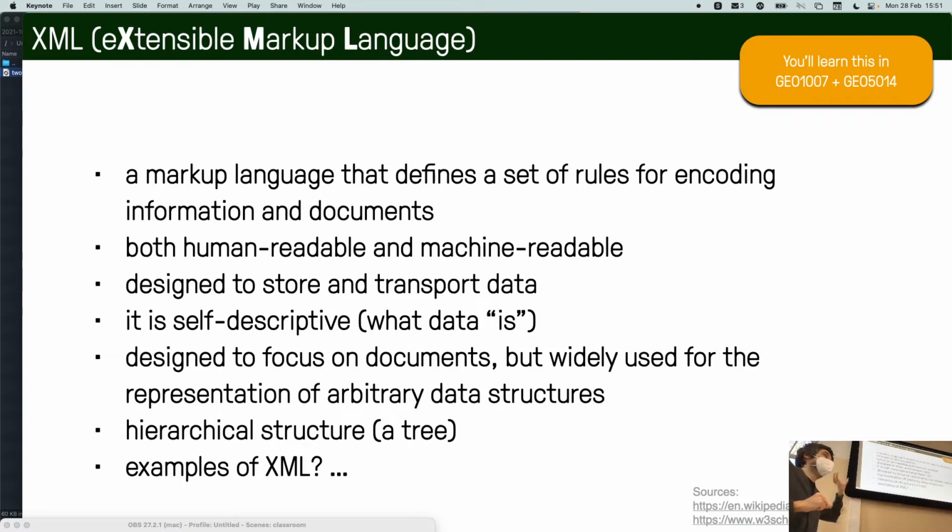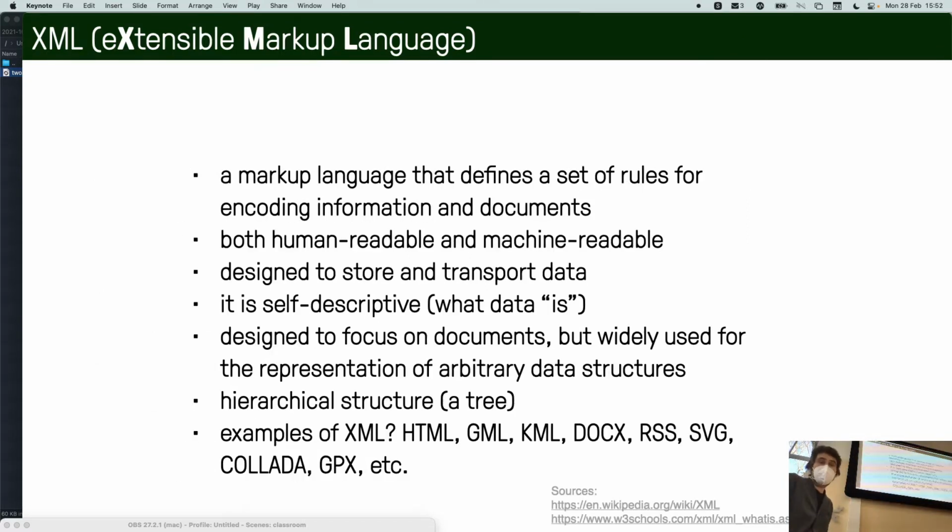But XML used to be the language of the web. Now it's more JSON. So XML is basically the extensible markup language. Maybe you've seen some of them. Many of the languages that we use on the web are implementations of XML.